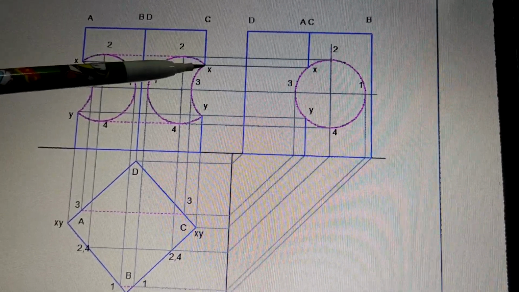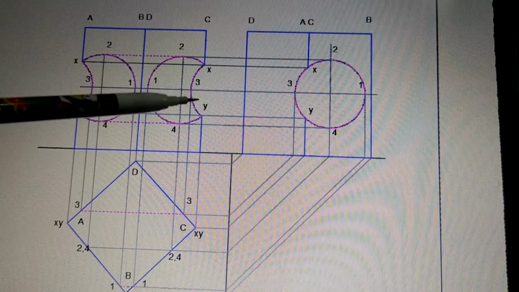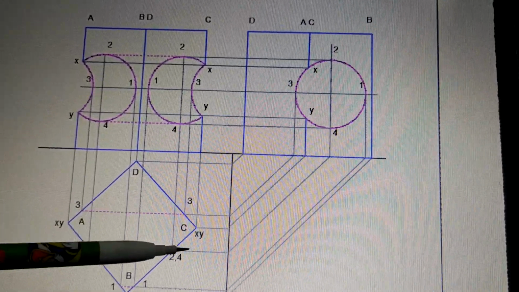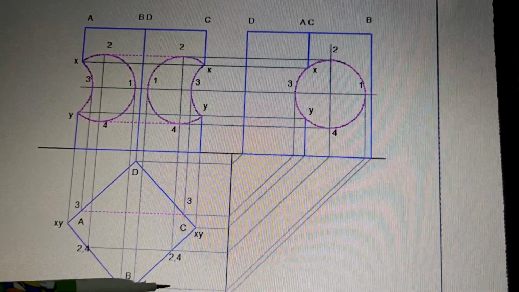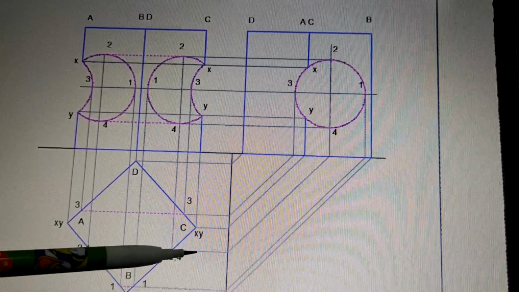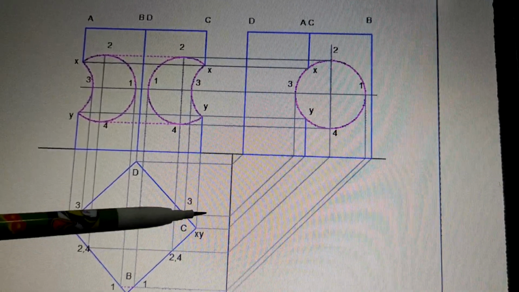Now similarly, x3y, since it has gone behind the cylinder, even that is also dotted. You can see even here also, x3y has gone on the back side. You can imagine this much part is a cylinder. If this much part is a cylinder, then from this line to this line is the front side of the cylinder, this line to this line is the back side of the cylinder.